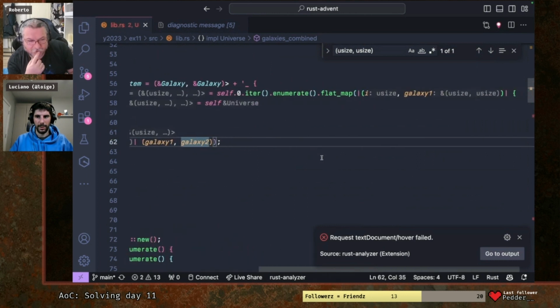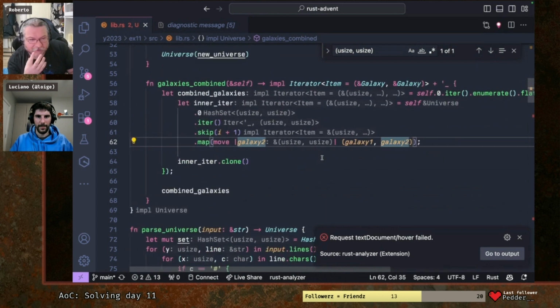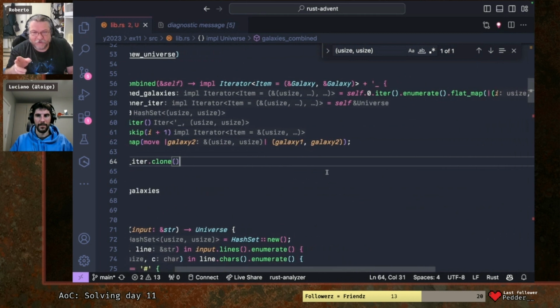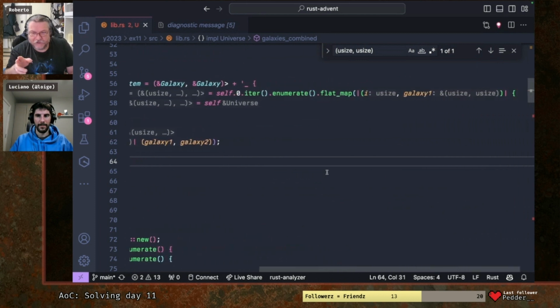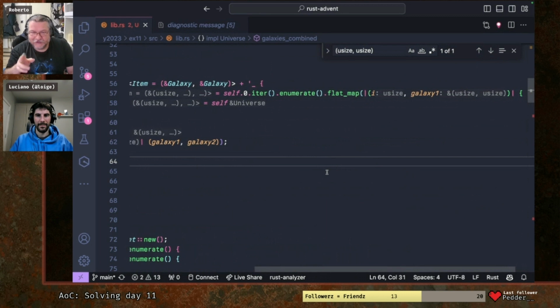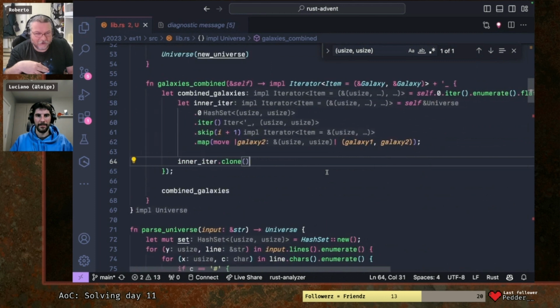Oh, is that green? What's happening here? It seems happy. So let's review what we did. We said self zero iter enumerate flat map, I size, I and galaxy. Okay. Then on top of this, inside we do another